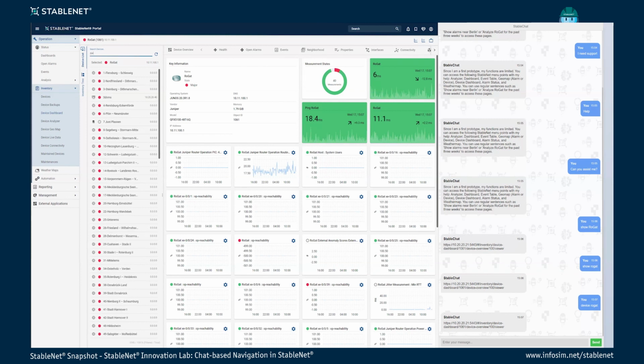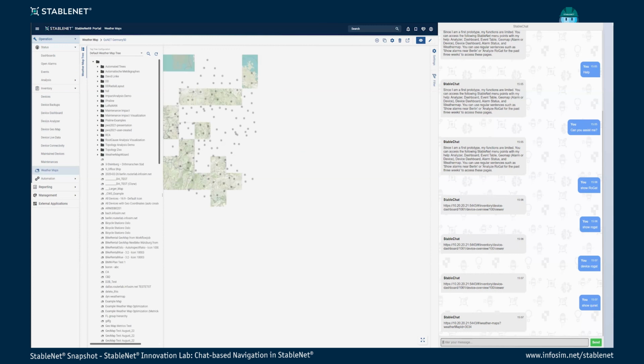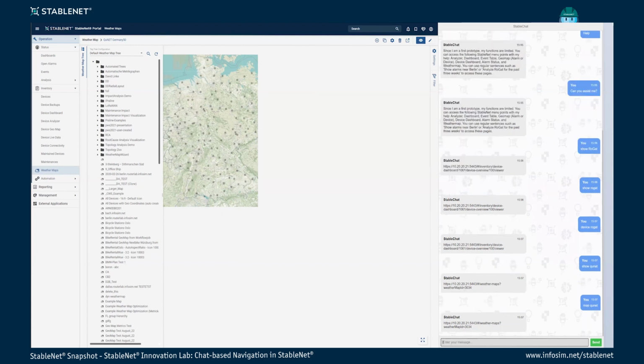And now, using the same show command again, but writing something different. In this case, there is not a device called QNet, but there is a weather map called QNet. So the chatbot is recognizing that maybe the user now wants the weather map, rather than a device that is not there. Or if I directly know that I'm looking for a weather map, I could also work with a word like map, and as you can see from the output here, it's the same link. So I stay in the same view. Nothing is changing on the left side, but it's another way